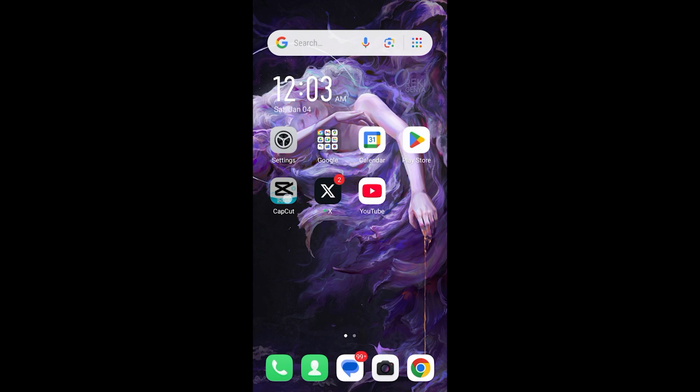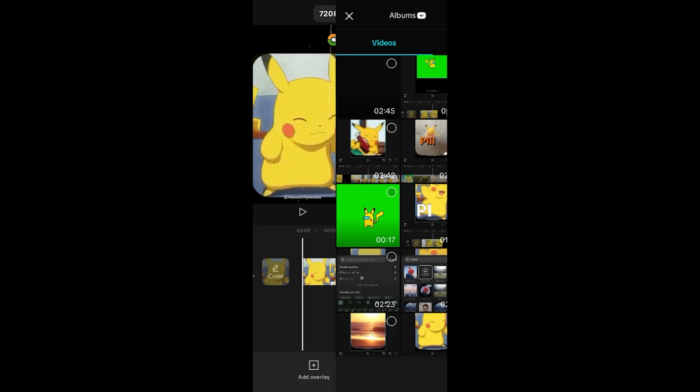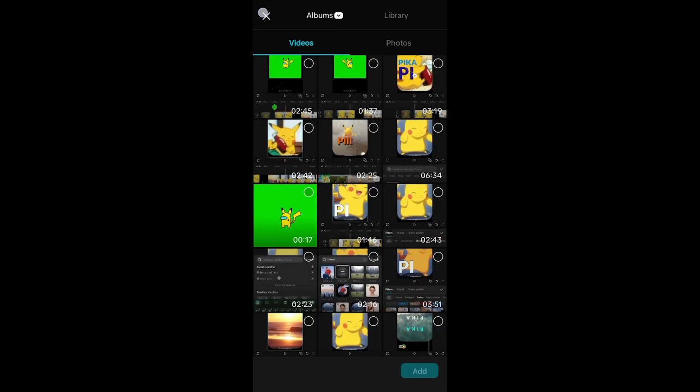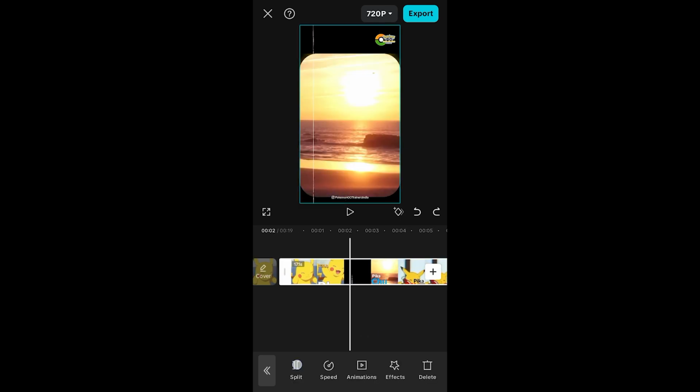First, let's open our app, and as you can see, I already have a project opened here. Now you can always add different video by clicking on overlay and add overlay. You can choose different videos from your gallery, or you can select your clip, drag, split, and use the clip